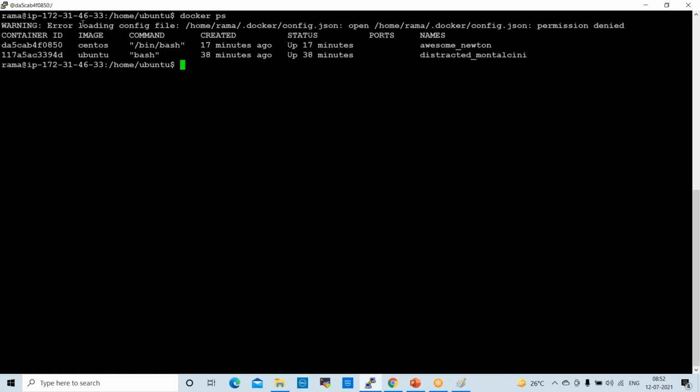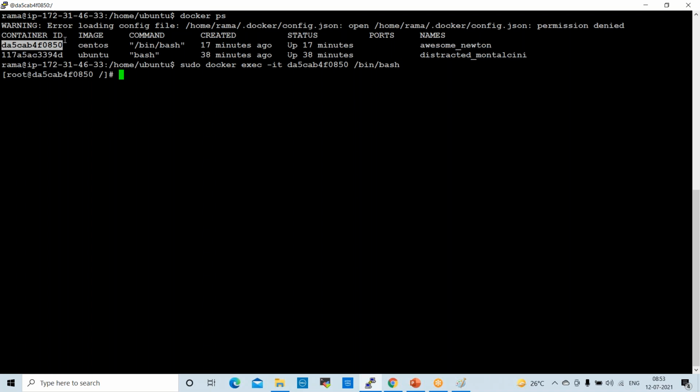These are the containers. I want to re-login into this CentOS container. So the command here is sudo docker exec -it container ID. This is the container ID. Then /bin/bash we need to use. Now I'm in the same container. See here.